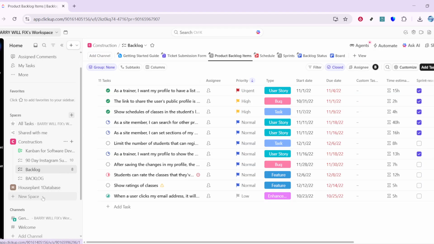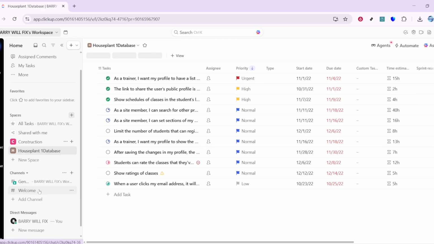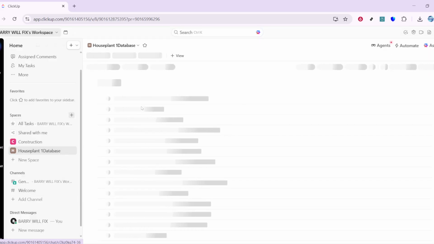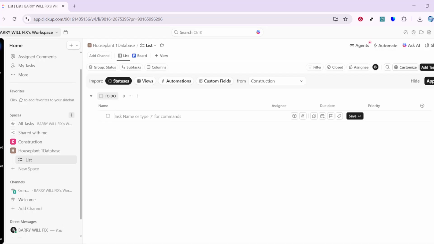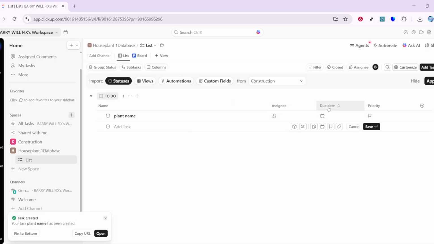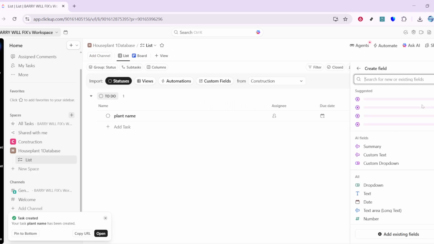Next, add an entry for each plant you want to track. In the list, create a new task and use the plant's name as the task title. Repeat this for every plant. One task equals one plant, which makes it easy to search, filter, and update later. If you have similar names, consider being consistent with naming, like including variety or size in the title to avoid